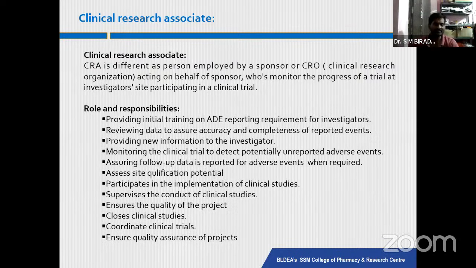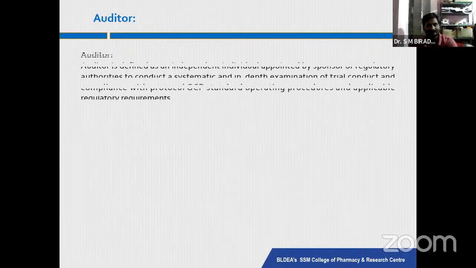His role is also that wherever something is not going well or not adhering to the protocol or the guidelines, he may individually go to the sponsor and say this is the wrong thing they are doing, or this is the mistake happening in this section. So he reports individually to the sponsor, and the sponsor directs the principal investigator, investigator or coordinators that these things are being misconducted, to rectify and do the correct things. This is how it happens with the help of the clinical research associate.